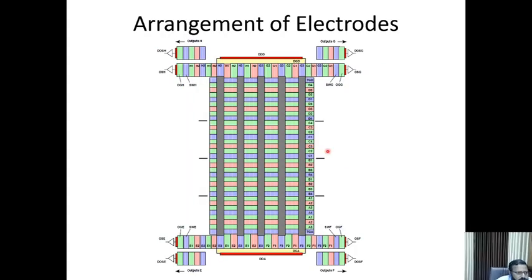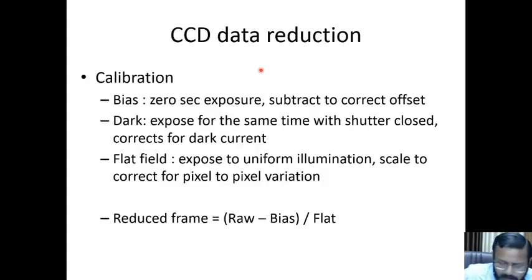And this is the arrangement of clocks which are used with the pixels for shifting the pixels parallel row by row and serial transfer pixel by pixel to the output amplifier. Typically the CCDs used in astronomy require some kind of calibration. Whenever an image is taken, it's called a raw image, and that image has to be reduced so as to remove all the artifacts of the CCD so that it can be used for astronomy.